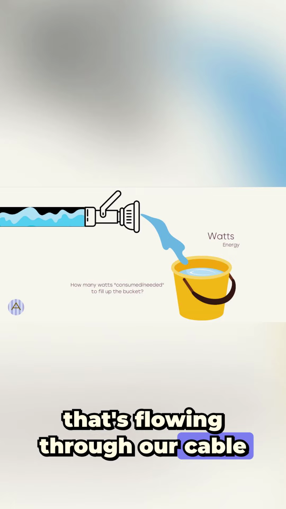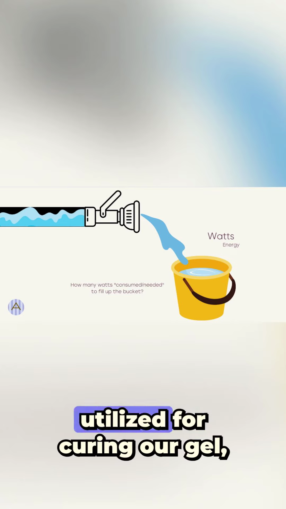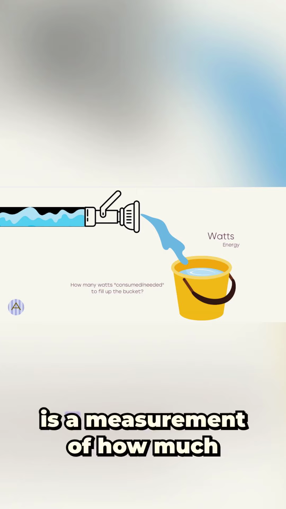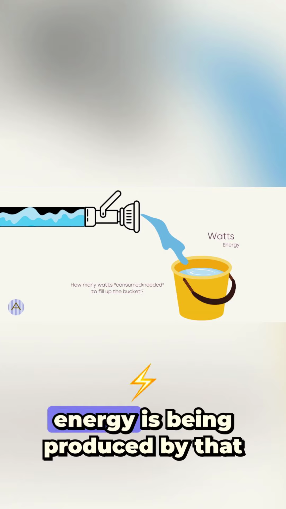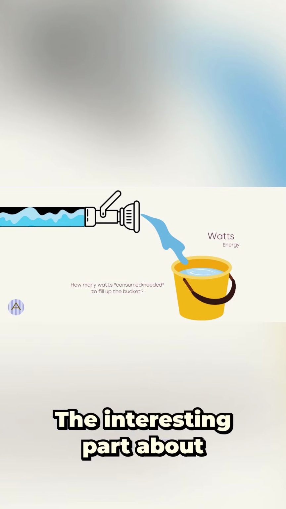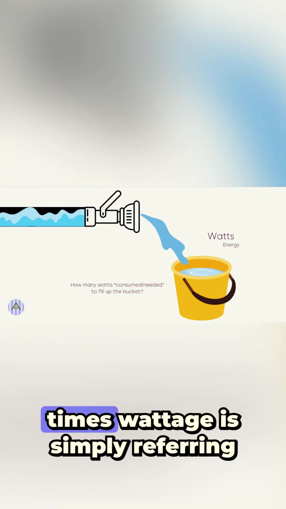So if we think about how much of the electricity that's flowing through our cable to our lamp is actually converted into energy that is utilized for curing our gel, we can understand that wattage is a measurement of how much energy is being produced by that lamp. However, the interesting part about wattage when it comes to UV lamps is that a lot of times wattage is